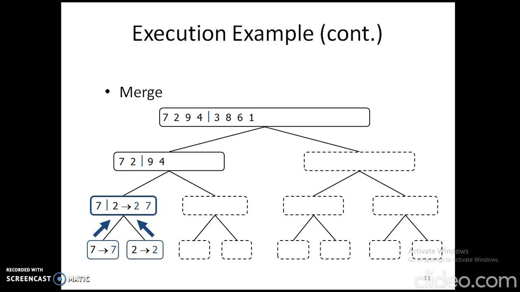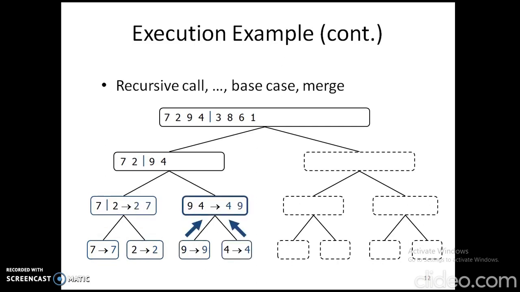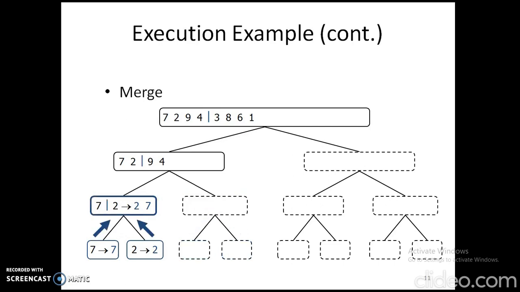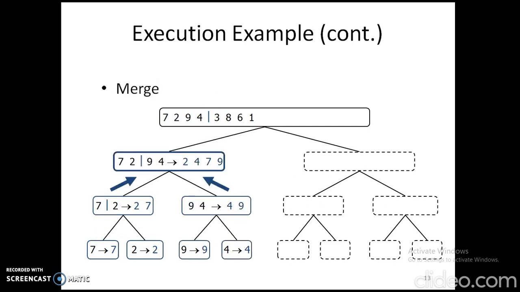That means I have to sort it. Then coming to the next half, 9, 4. Similarly 9, 4 will be divided into 2 halves, 9 and 4. After merging them we get 4 and 9. Finally the 2 halves, 2, 7 and 4, 9, which are sorted, will be merged into a single half of the array, which is 2, 4, 7, 9.